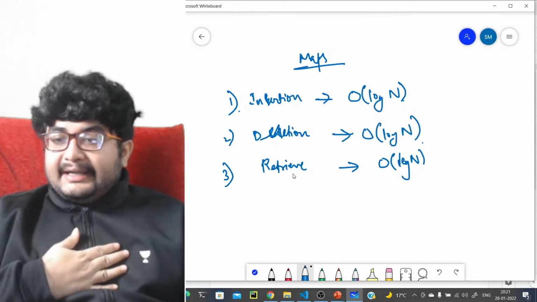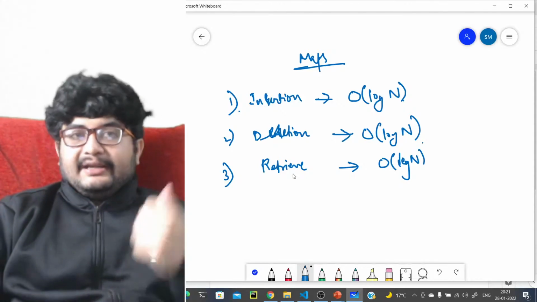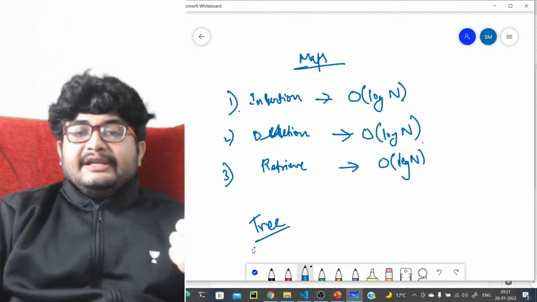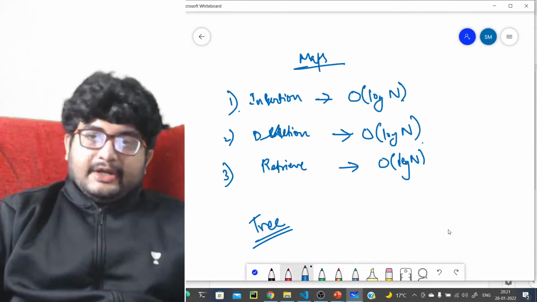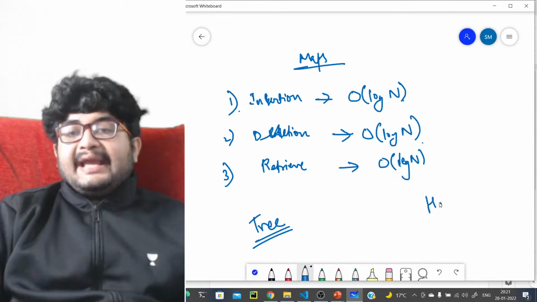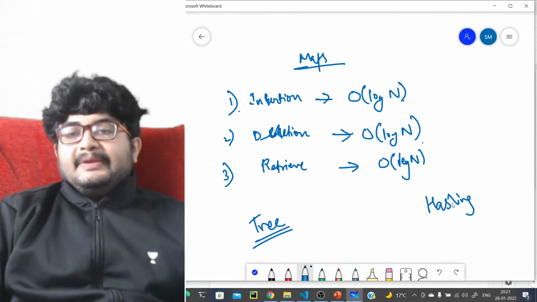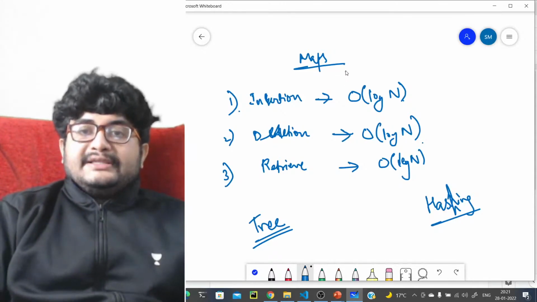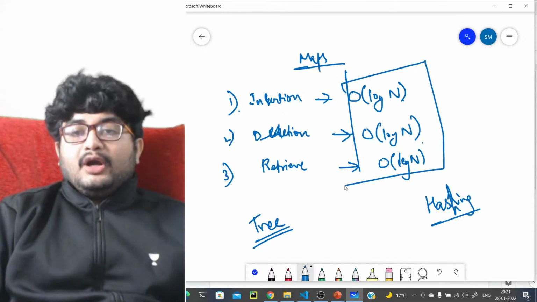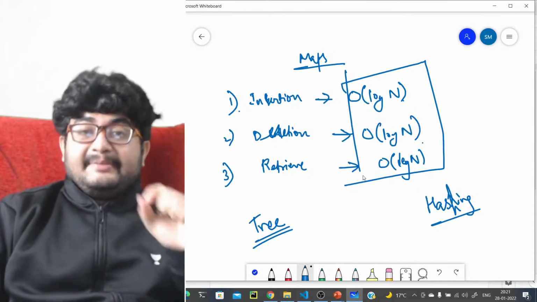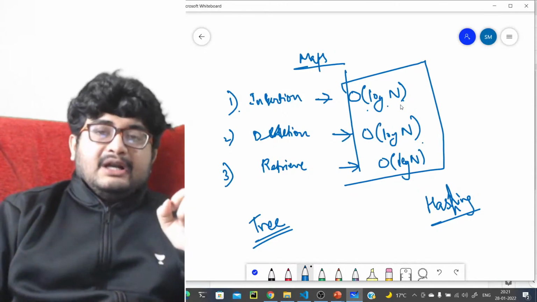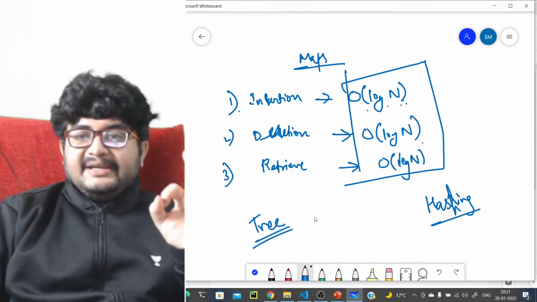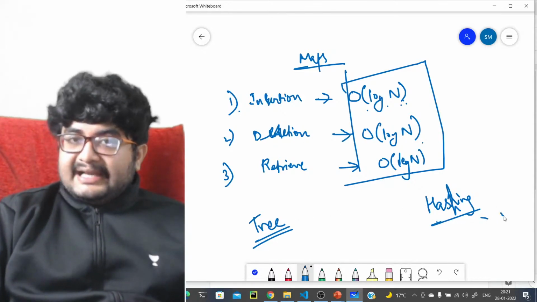The difference between an ordered and an unordered map, I've already discussed that. But again, ordered map means it will be implemented like a tree. Unordered map will be implemented using hashing. We know that hashing is a probabilistic algorithm. So all these complexities that you are seeing are deterministic. It will never be worse than log n. It's worst case log n, right? It's deterministic. But hashing is a probabilistic algorithm.